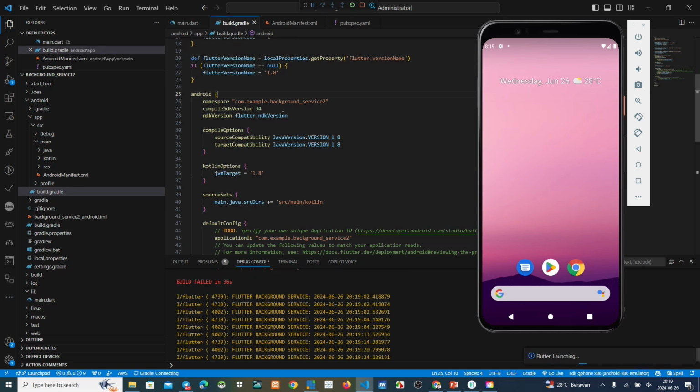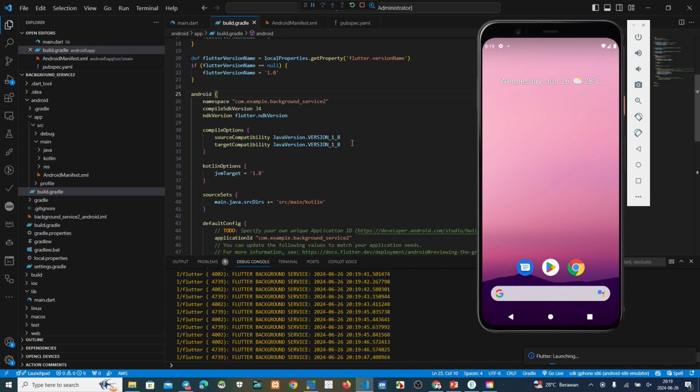And after that, we see again if there is something wrong, maybe another version we must update depending on my Flutter. Okay, this is still running.